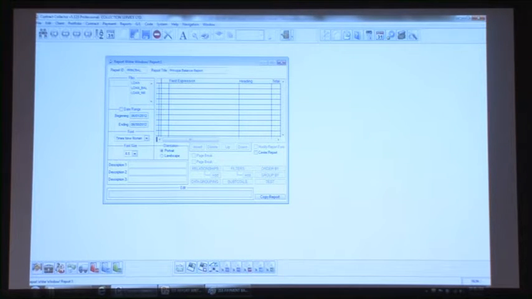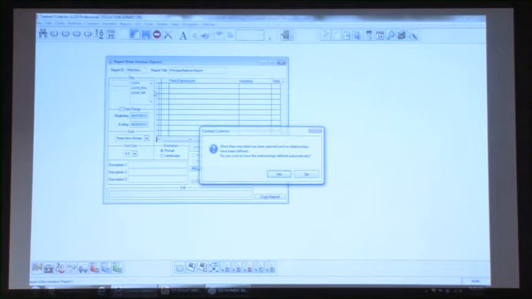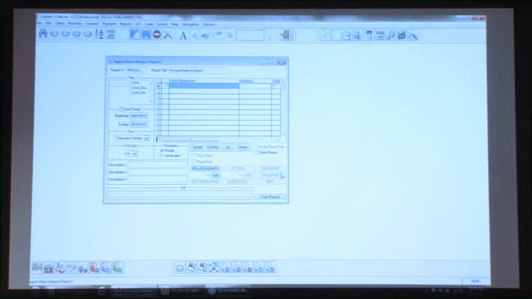the files list. What will happen automatically next is that the software will create relationships between these 3 database tables. In order to come up with a report that ties this information together, there needs to be an appropriate relationship between these 3 database tables. As soon as I try to leave that files field, it's going to give me this message: do you want the system to create them automatically? Generally, we recommend just saying yes to this, and the software will create those relationships for us. And so you don't need to know how to create those,